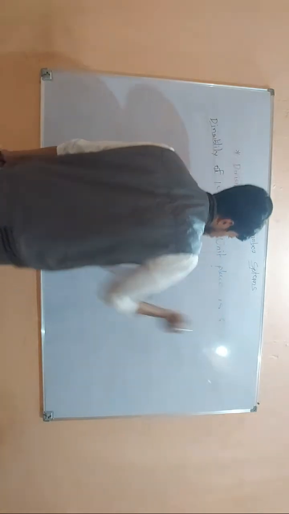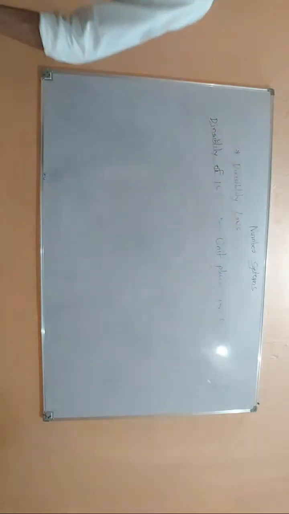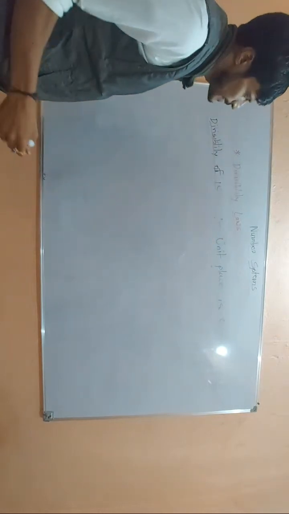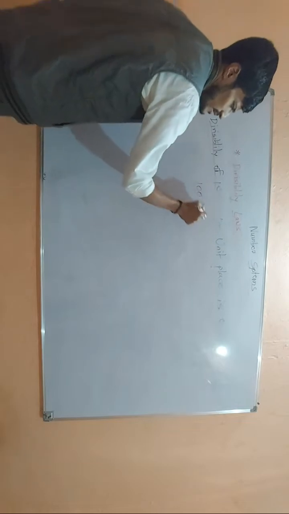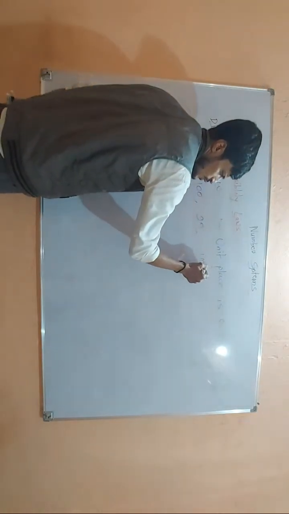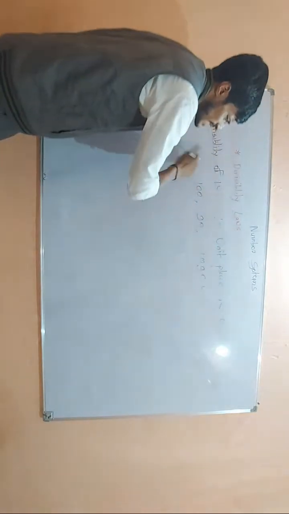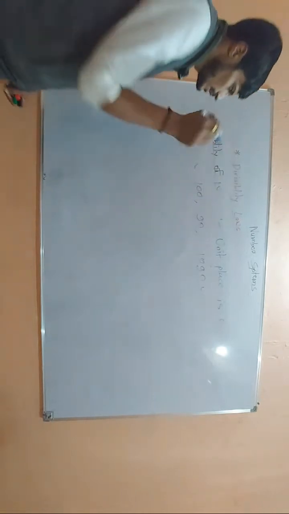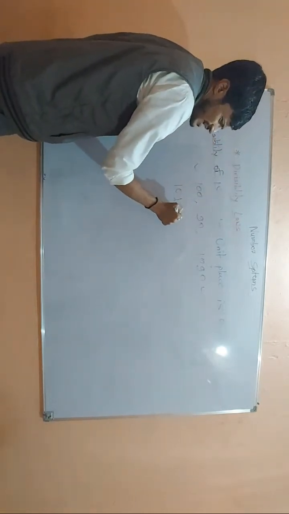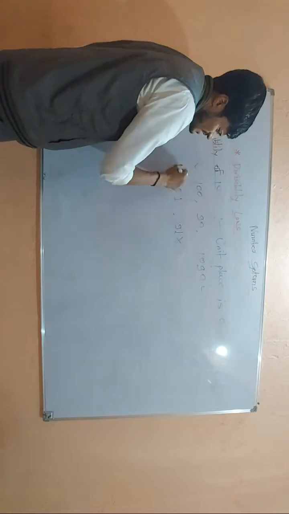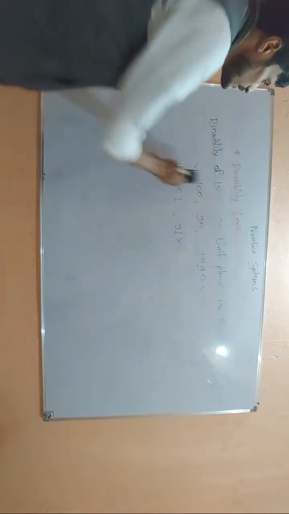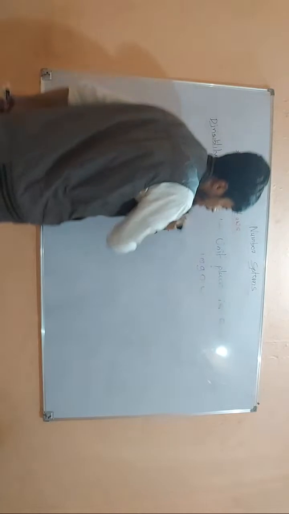If the unit place of any number is 0, then the number is divisible by 10. Simply 100, 90, 1090. Yes, all these numbers are divisible by 10. Not necessary to take other examples. Okay, simple. Then next one, divisibility by